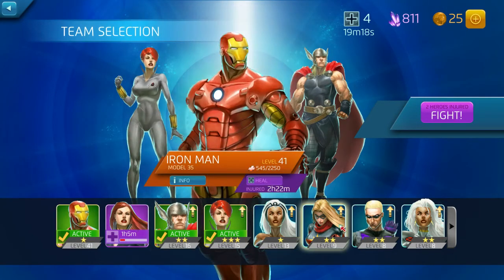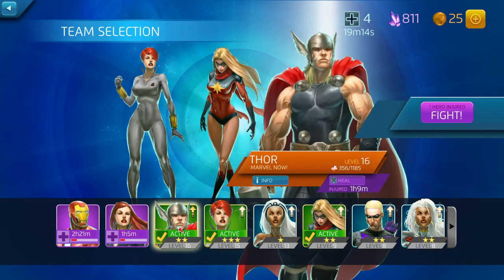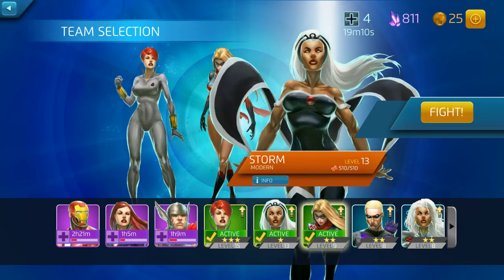Now I'll select Iron Man, pick my next person. I don't want Thor because Thor's hurting as well. And I'll just take these top 3. These are my next strongest characters. They're not exactly the best match for each other, because one of the other things you want to keep in mind